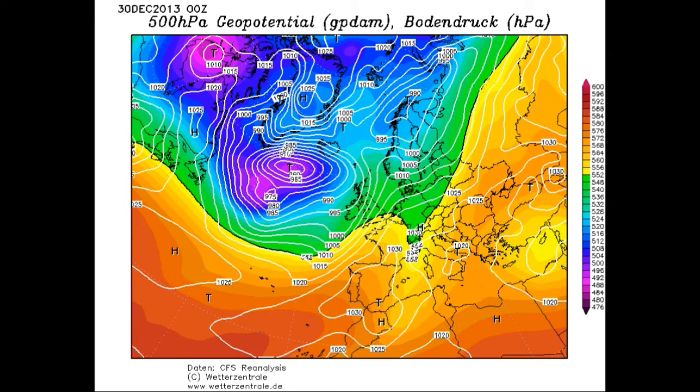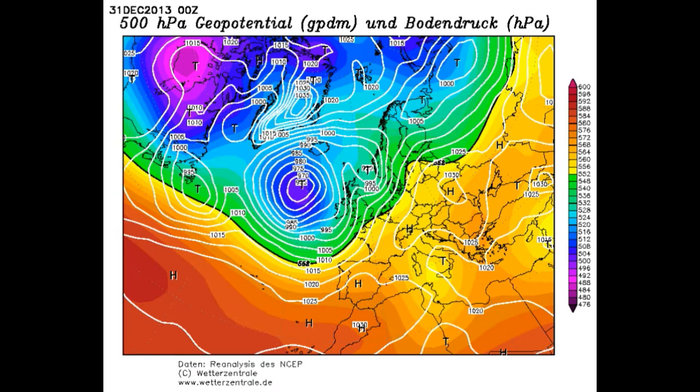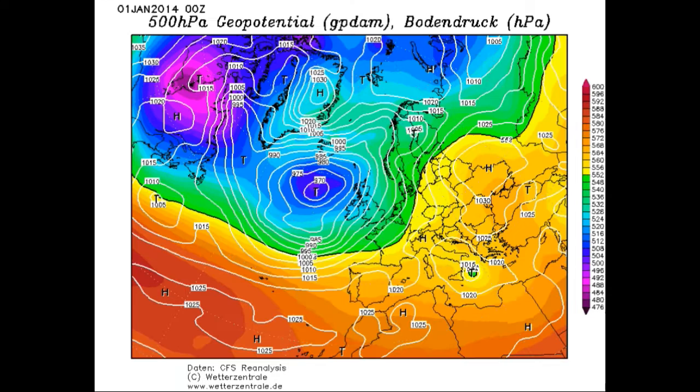Now these are quite slow moving, so even as we go into New Year's Eve, they haven't quite made it to us. So New Year's Eve is a calm day, but as we go through into the new year, those are going to strike us. So there we go, on the 1st of January 2014 we have a deep Atlantic storm out in the mid-Atlantic,